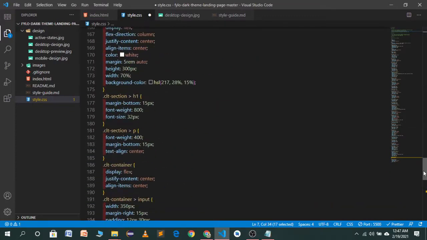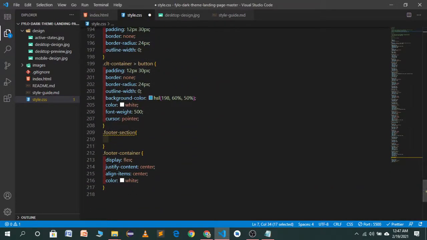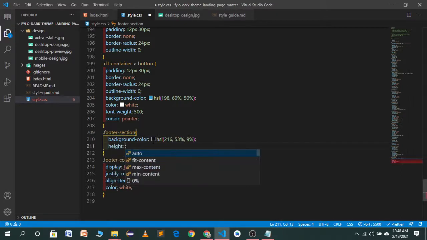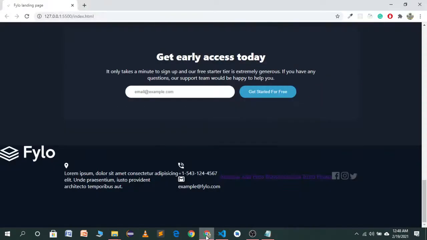Now I will give it the background color and also height. Height will be, let's try 40 viewport height. Now you will see it's looking good,